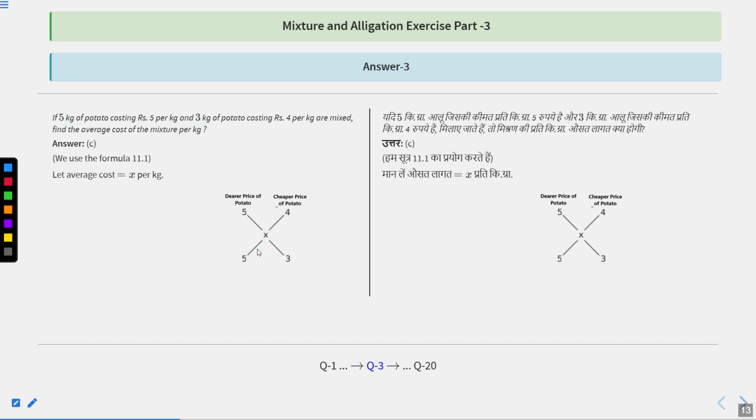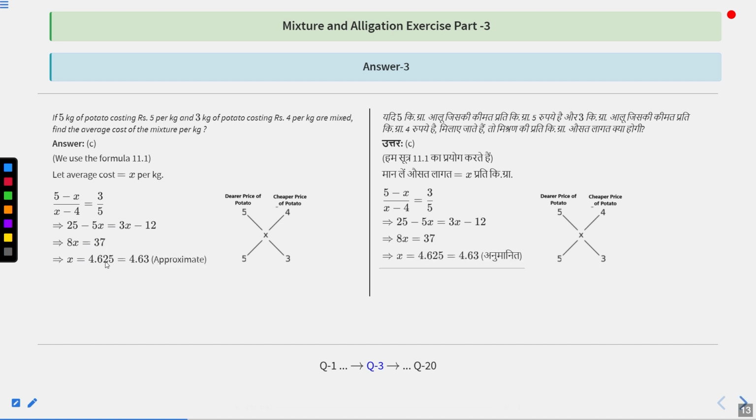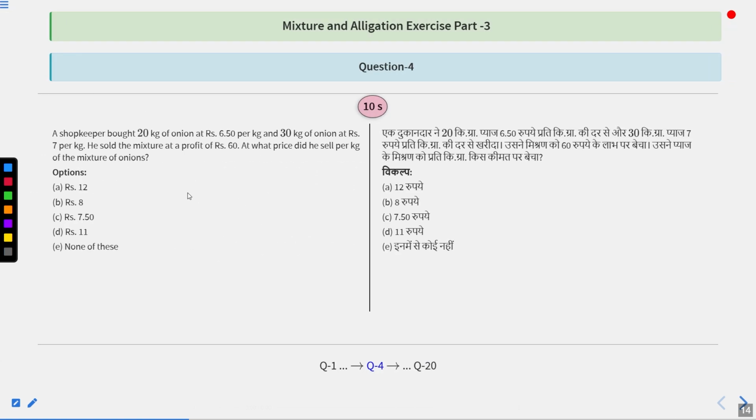Now we can calculate the average by the formula. So (5 minus X) upon (X minus 4) is 3 upon 5, or we can say 3:5. So when we calculate, we get the value of X, which is 4.625, or we can say approximately 4.63. Clear? Next one is, a shopkeeper bought 20 kg of onion at 6.50 rupees per kg and 30 kg